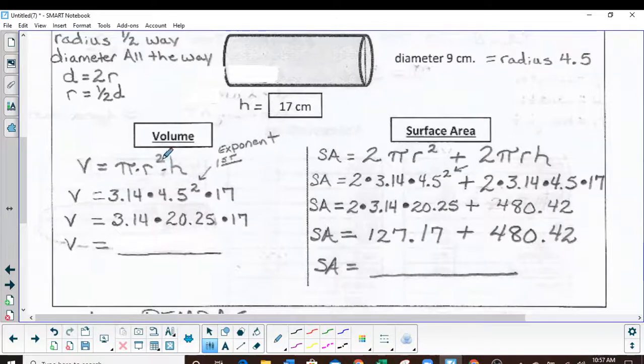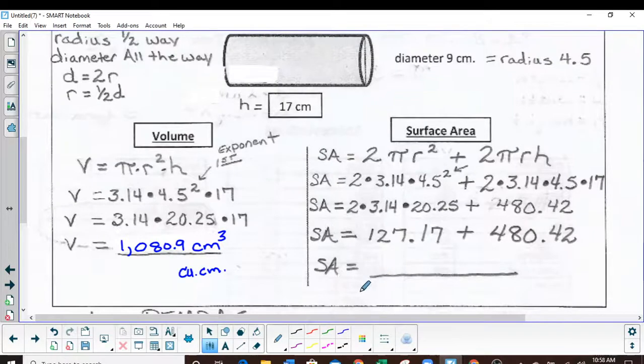Notice in this formula, you've got to square a number, which is your radius, and you always have to square that exponent, or take care of that exponent first before you multiply the rest of this, okay? So in the third line, all we had to do was multiply these three numbers, which ended up being 1,080 and 9/10 centimeters. And since it's volume, it is cubed. Okay? Or you could have written that as cubic